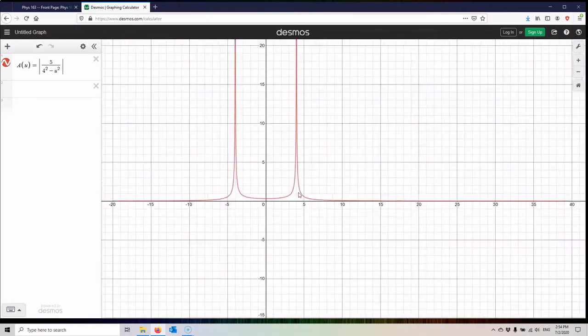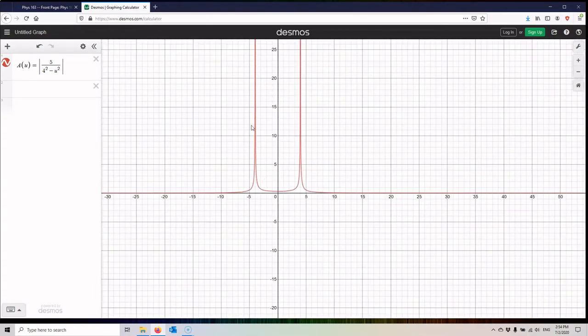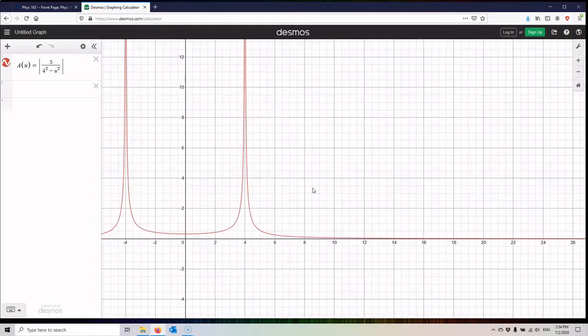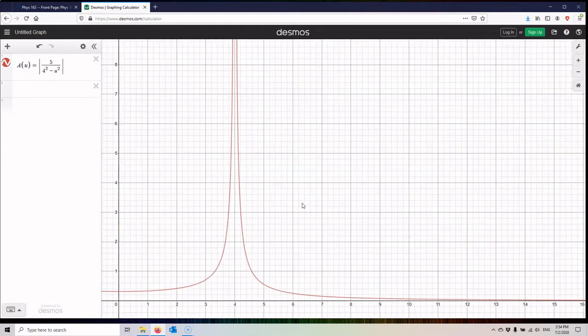But maybe we'll zoom out enough. Now you see on the left there's a second spike in negative values. It's of course to be expected, but negative driving frequency doesn't mean much, so we can ignore everything that's on the left of this axis. So here we are again. All right. Now,